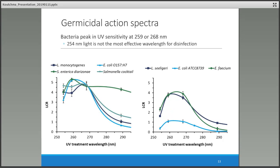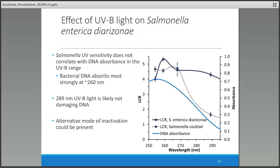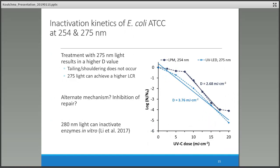nanometers. Later on, we saw the difference in efficiency of these wavelengths when we conducted our experiments with the fresh produce directly. We also saw there a not very typical response of some Salmonella strains that didn't correlate directly with the DNA absorbance spectrum, so there are also some different mechanisms that can be present when we are using LEDs. This was a very interesting thing, and we are thinking about continuing research in this area. And also the mechanism